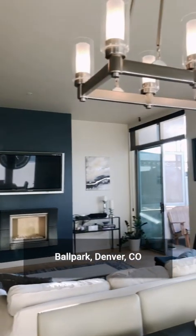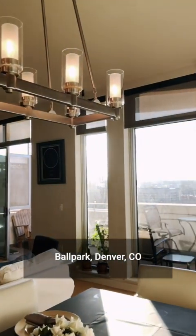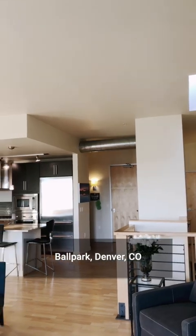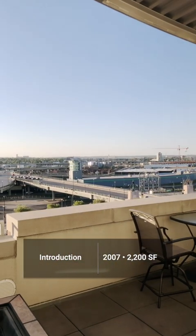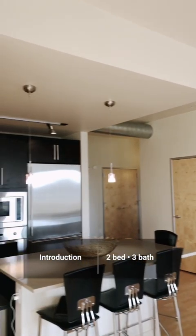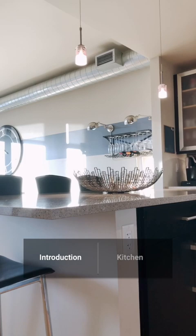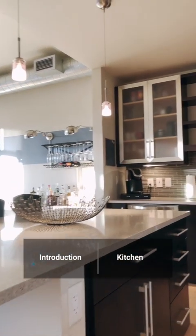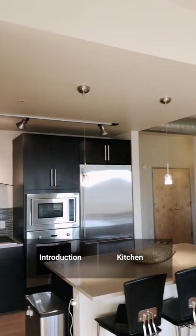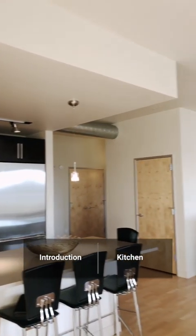And the best part is glass. A full balcony with great mountain views and views of Coors Field, home of the Colorado Rockies. One of my favorite things about this unit is the amazing kitchen. It's a chef's dream with sleek cabinets, Viking appliance package, sub-zero refrigerator, solid surface countertops, and it's open to the